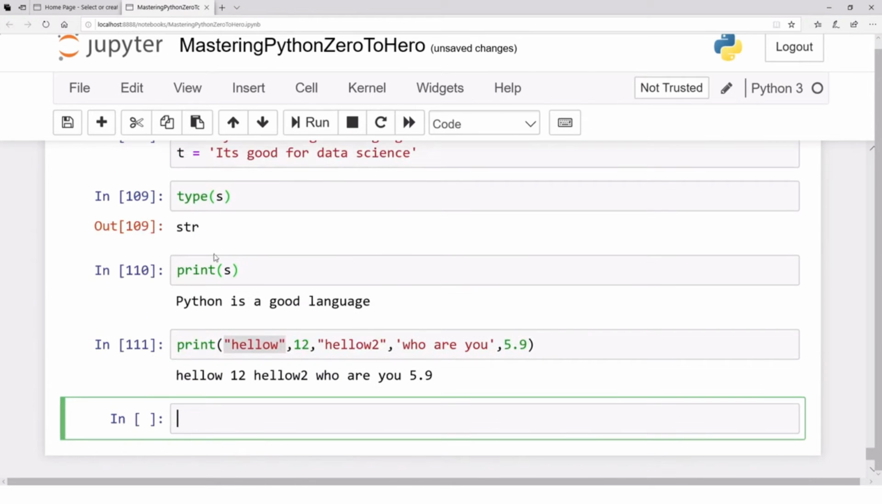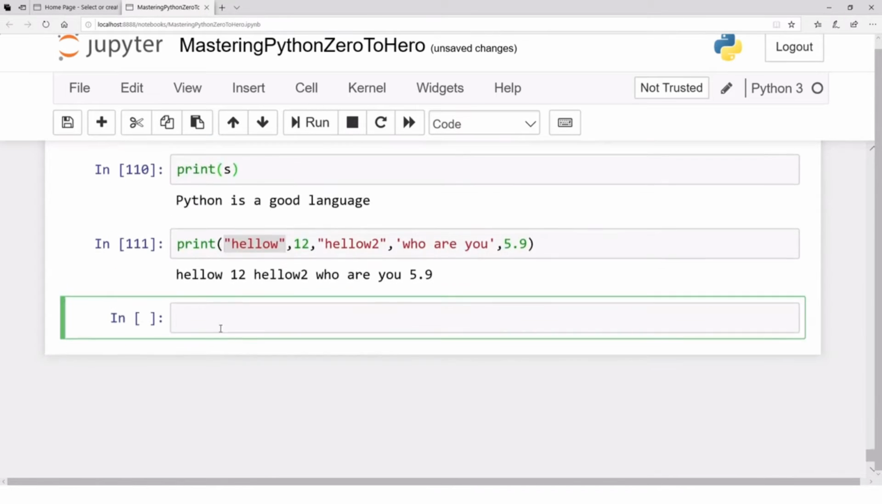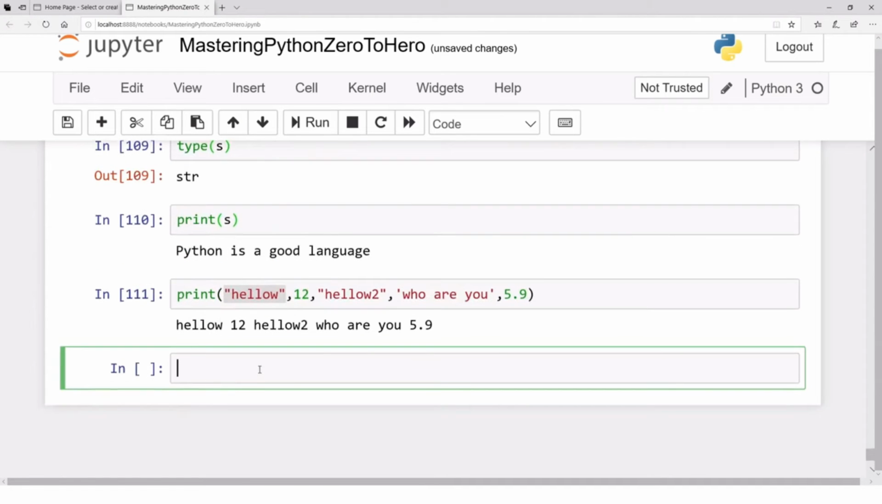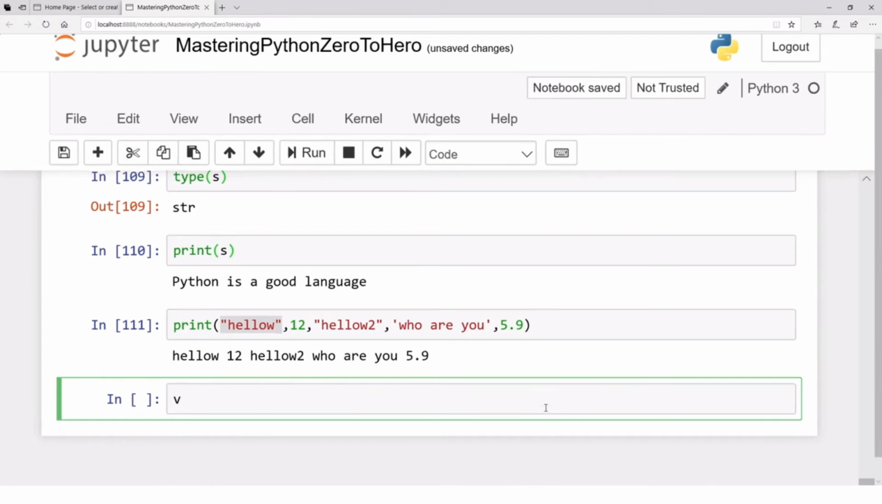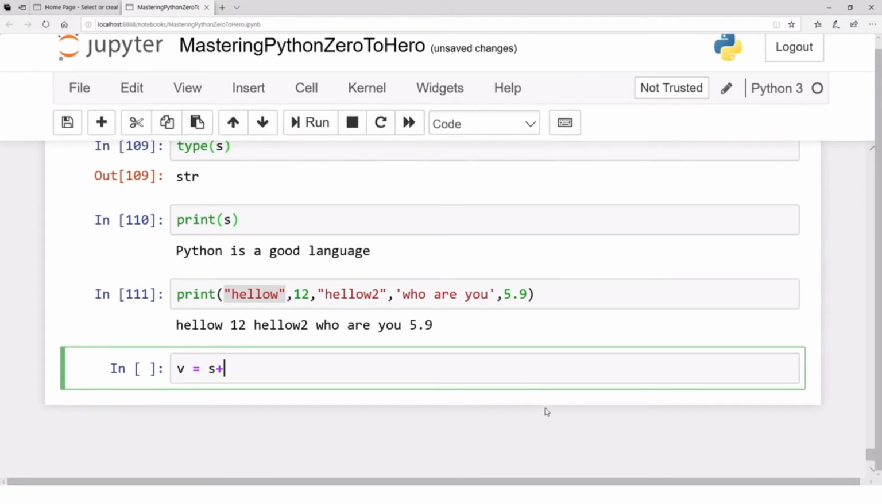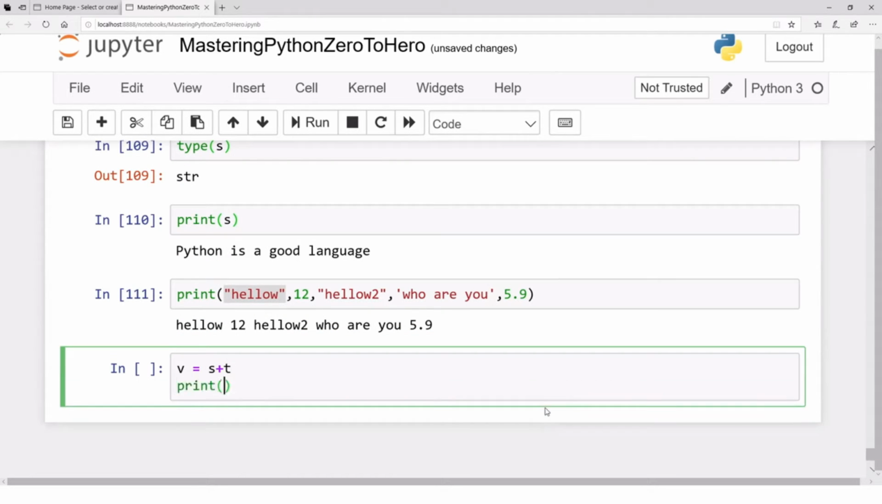So it is good to have a data type that actually has a lot of functionality that handles all that stuff. So let's see, for example, how can we concatenate two strings, for example, s and t. Let's say we have v, that is s plus t. That's concatenated v, and let's print v,